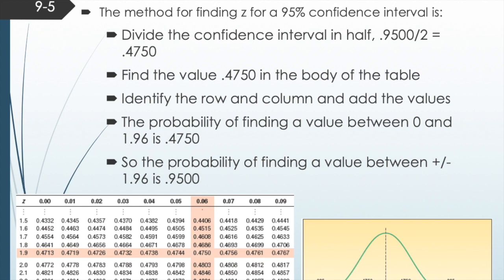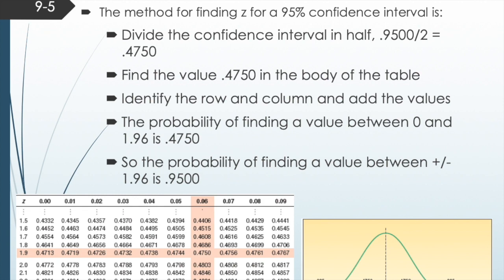So here's how we're going to go about finding the Z value for different confidence levels. So let's start with, we're trying to find the Z value for a 95% confidence level. So first we just need to convert this percentage to a non-percent value that would be representative of the area under the curve. So we'll take that 95%, divide by 100 to get 0.95. And again, recall that because our mean divides the area under the curve in half, we have 0.5 values on the right side and 0.5 on the left side of the curve. Then we're going to take this 0.95 and divide by 2. And so the area that we're trying to represent is